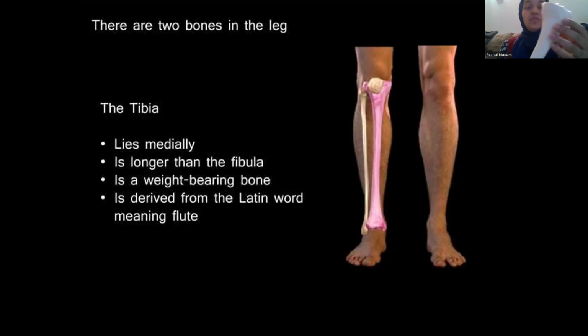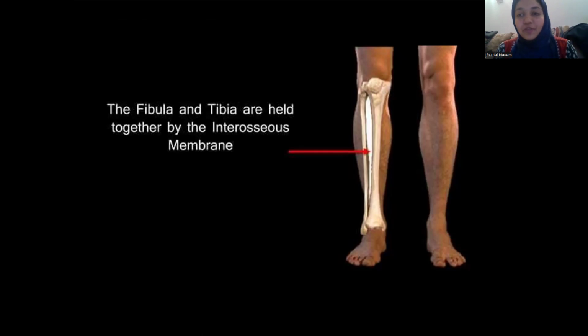So this is a weight-bearing bone, and this is the upper part of the tibia, as you can appreciate on this bone. And as we go distally, this is the lower part of the tibia, which extends to form the, can you see this? This extends to form the malleolus. Which malleolus this is, we will understand when we do the lecture, otherwise I'll give the suspense away. Okay, moving on. So the fibula and tibia are held together by the interosseous membrane.